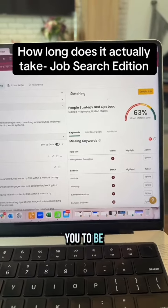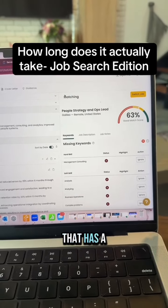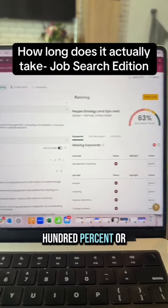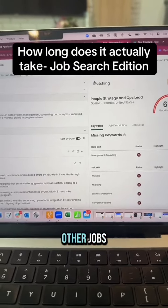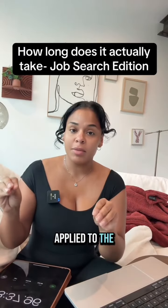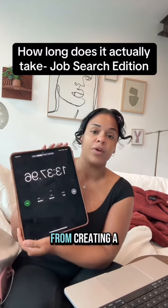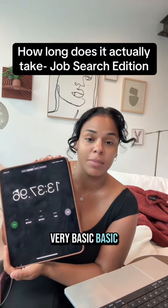Teal recommends for you to be over 50%. This is just like a made up number, because recruiters don't have a system that has a percentage like this. But I know that if it's closer to that 100% or over 50%, then it's gonna have most of the keywords that I would need for other jobs. And I've actually already applied to the position as well. So I wanted to see what the whole process would take from creating a resume from scratch, or from a very basic resume,